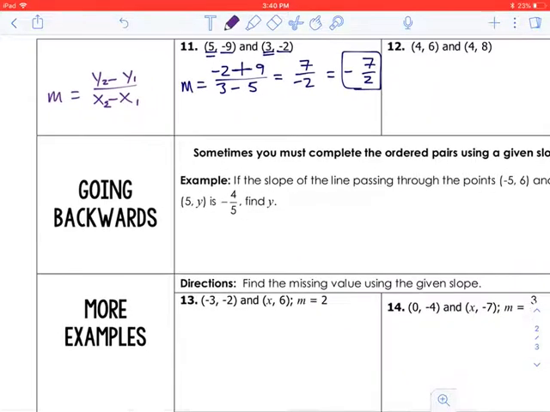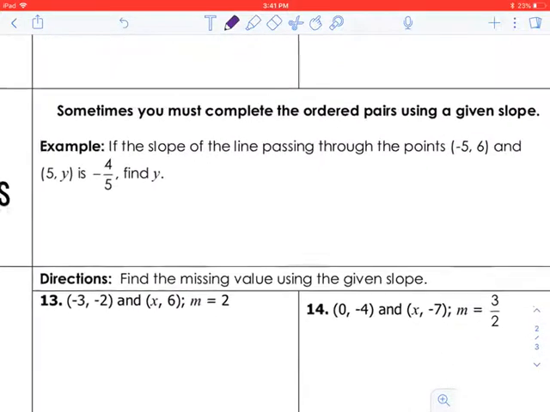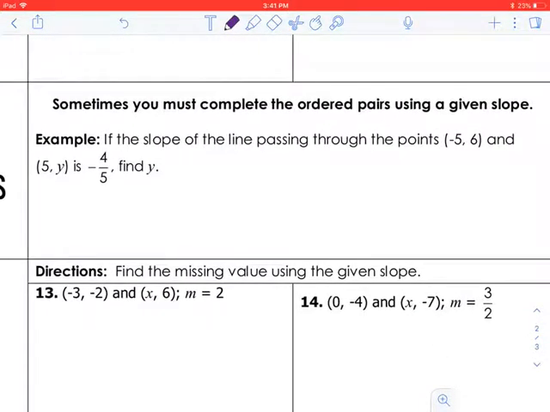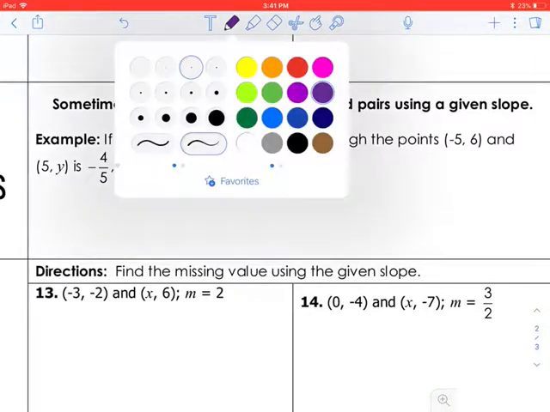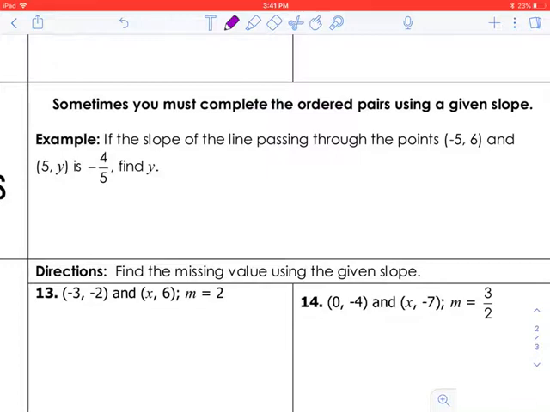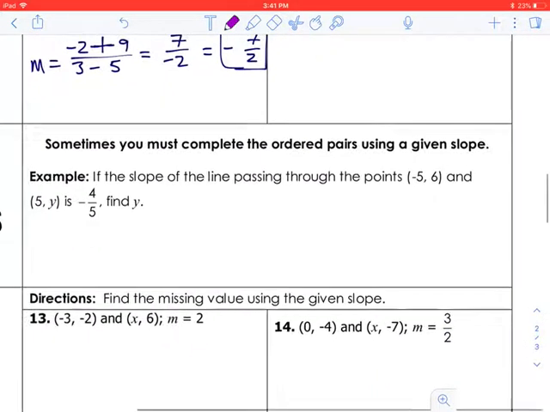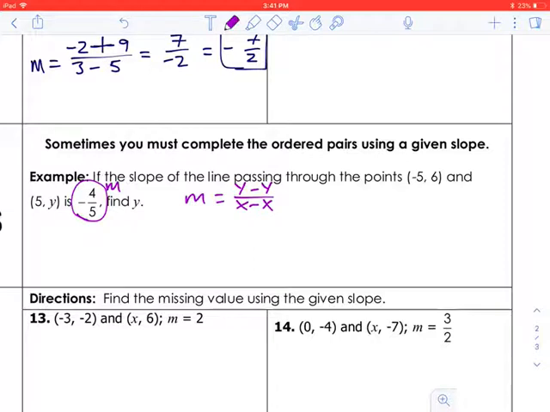Okay? But going backwards, we might be given the slope this time, and then only one of the y's or one of the x's. Okay? And if that's the case, we have to use some cross multiplication. So if my slope is negative 4 over 5, that's m. Okay? So instead of saying m equals y minus y over x minus x, now it's going to be negative 4 over 5 equals y minus y, so that'd be 6 minus y